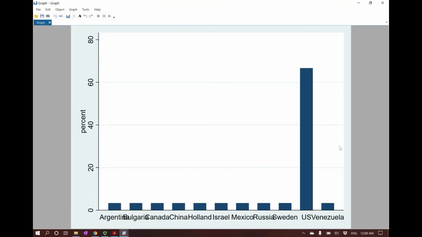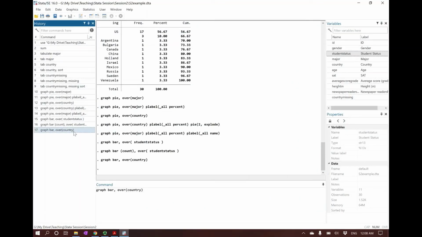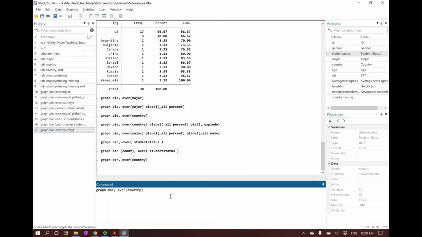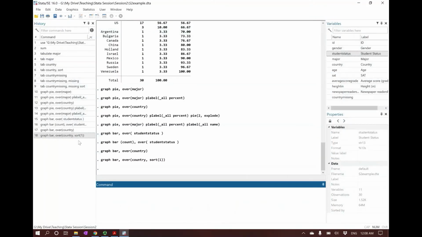If you'd like to sort the bar, within the over option, which controls your horizontal axis, you can add sort(1), that sorts your graph bar in ascending order. If you put reverse, it will sort the bars